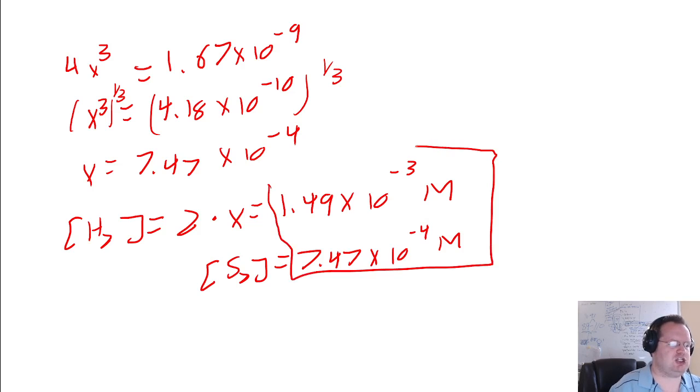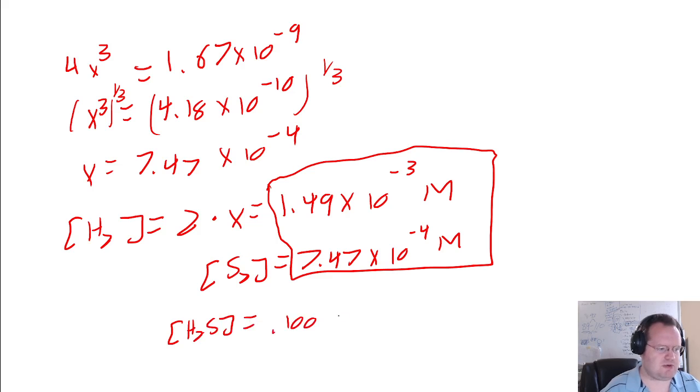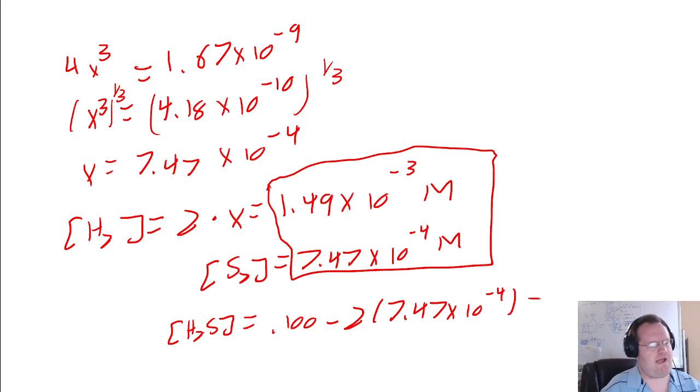And then I can go back and check that it was a reasonable assumption that x was small. So my H2S concentration is equal to 0.100 minus 2x. I'm going to put in 2 times 7.47 times 10 to the negative fourth. Let's see what that gives us. Grab my calculator. So we have 7.47 times 10 to the negative fourth times 2, and we take 0.1 minus that, and I get